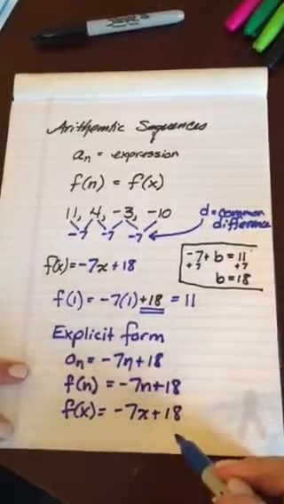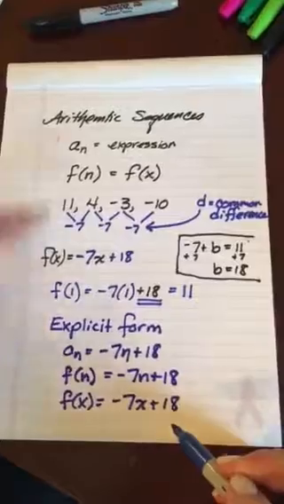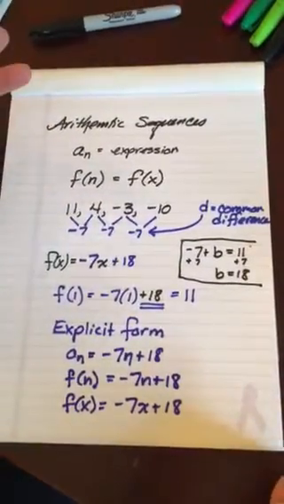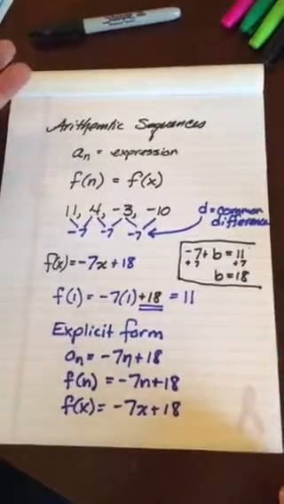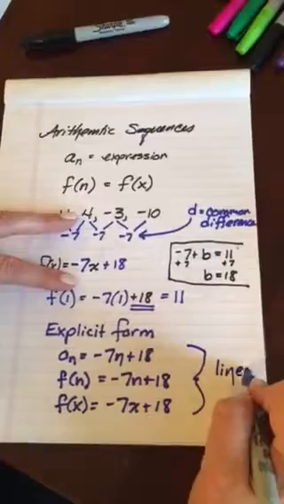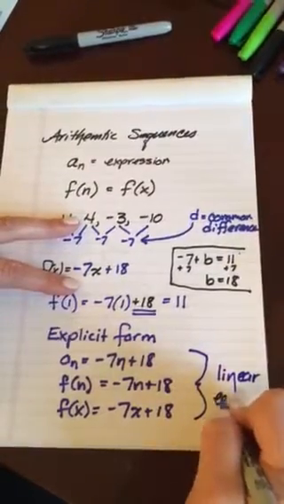In any case, these are all the explicit form of an arithmetic sequence, and not surprisingly, the reason it's in this unit, this is for my son, where he's learning it, these are all linear equations,